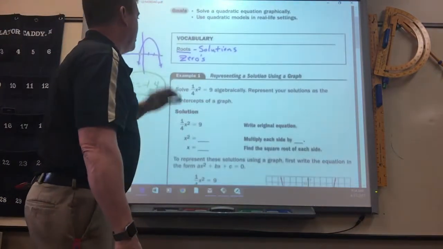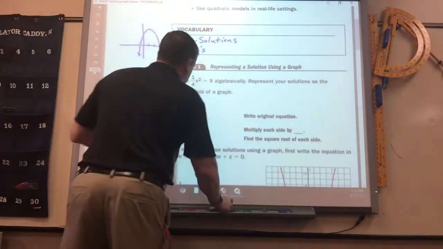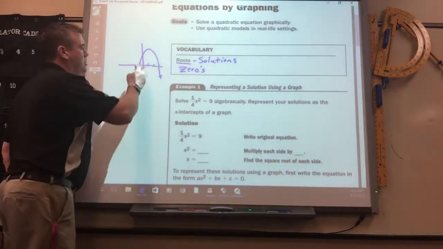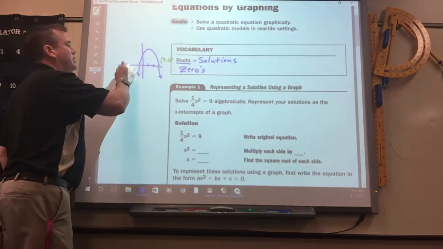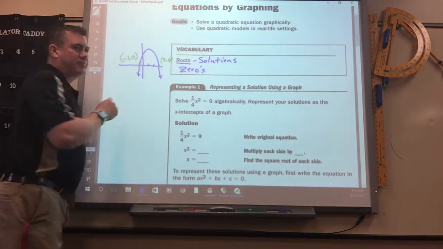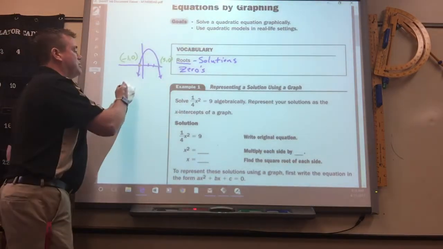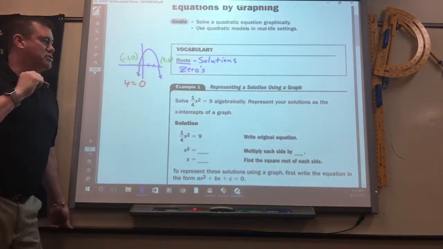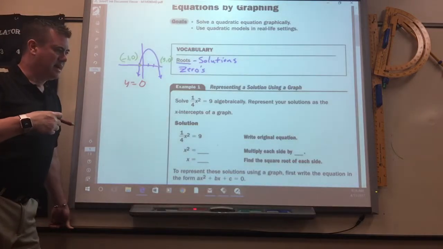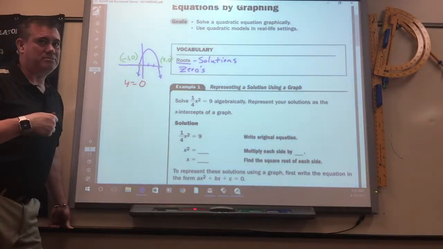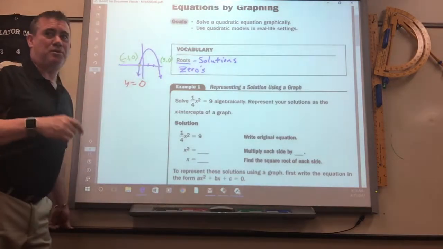Now, if you don't have the graph, what you got to do is remember, this is the point 3 over 0 up, and this is the point -1 over 0 up. What do those 2 points have in common? The y's are both zeros. So in order to solve it, you would have to plug 0 in for the y. When we get to the longer equations, okay? Now, we're going to be doing the simpler ones right away,